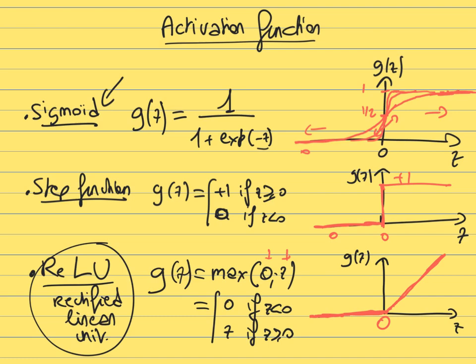If you look at, for example, MATLAB, you have different choices for the activation function. So when you build your artificial neural network, you will need to pick as an option the type of activation function that you want to use. And again, there's no right or wrong answer. It really depends on the types of problem that you are dealing with. Each problem will have its best activation function.